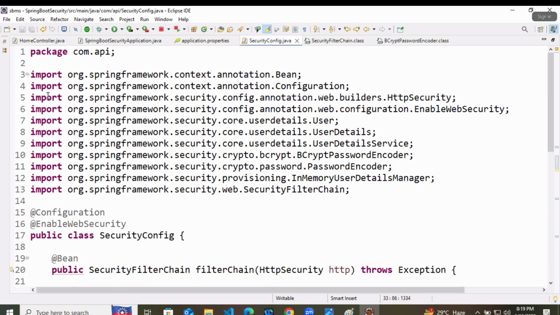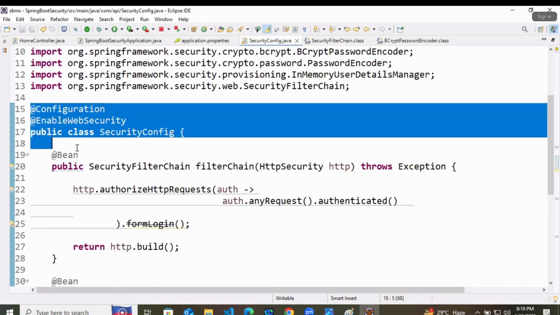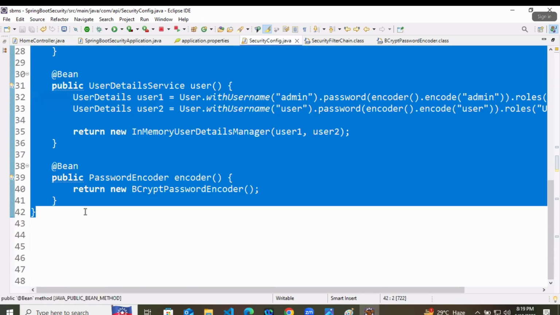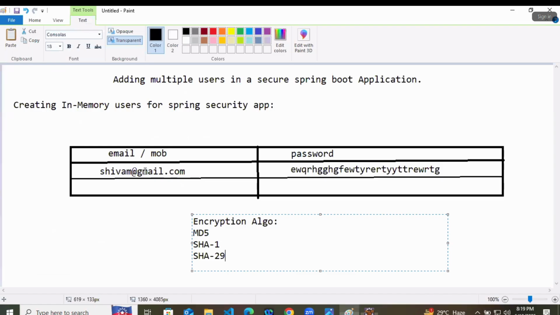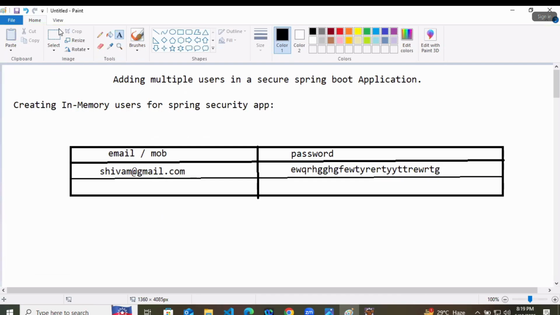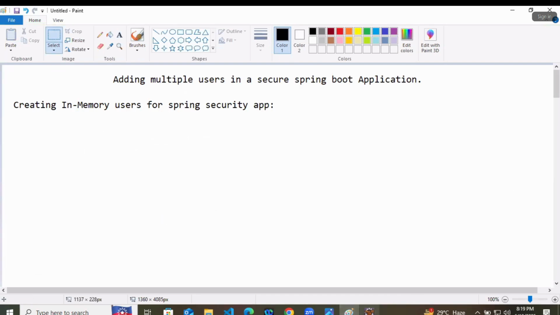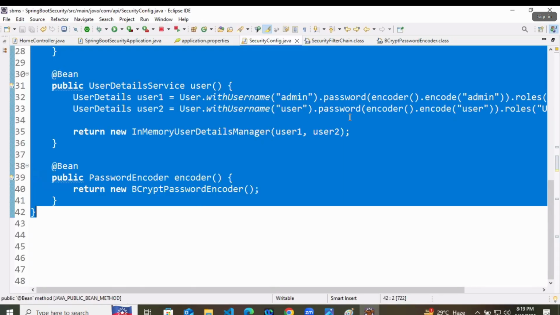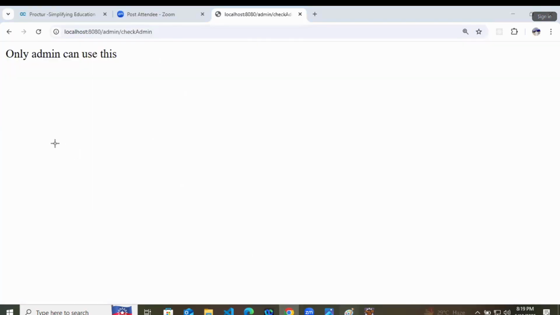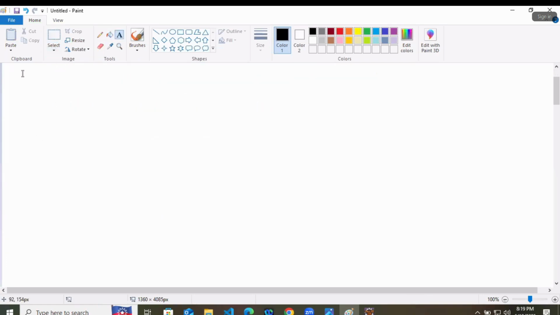So at first, this is what you need to do to create in-memory users without any authorization. Same way you can create user 3, user 4, user 5, and you can create any number of users, that will work exactly.